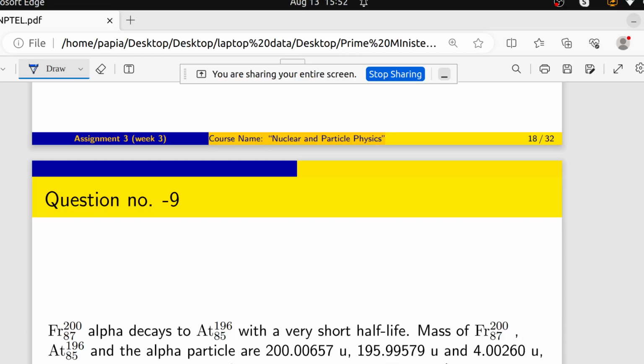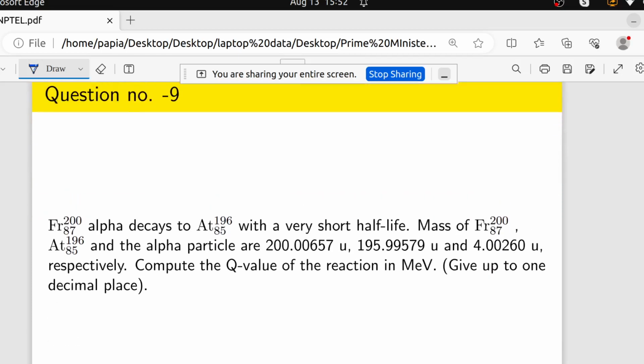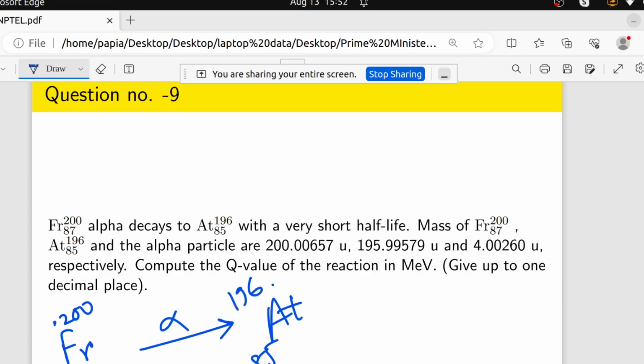So they are asking about the Q value. So what was the expression here? The expression was like Fr 87 200, and it will decay by alpha to 85 196. You can see here that 87 was previously, and after alpha decay it is 85, and it will be 200 to 196. Fine. Then in this reaction, what will be the value of Q? That Q value is nothing but the